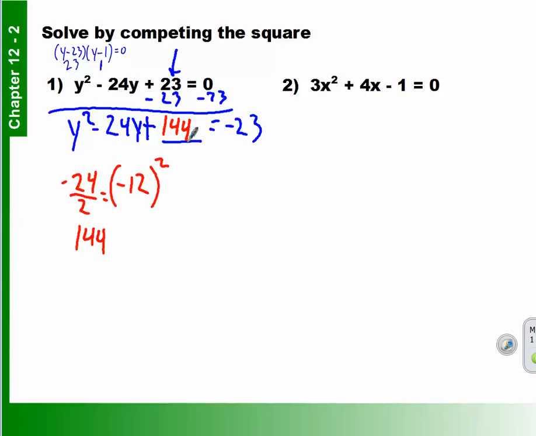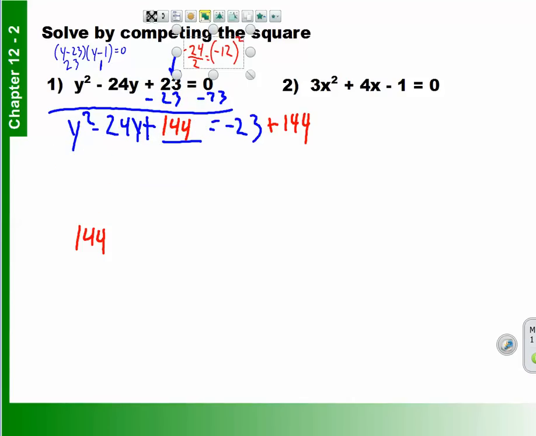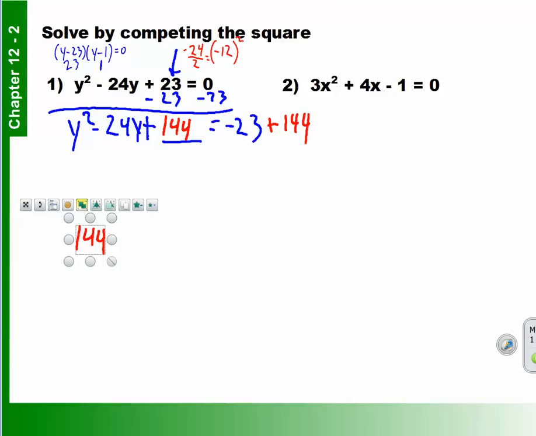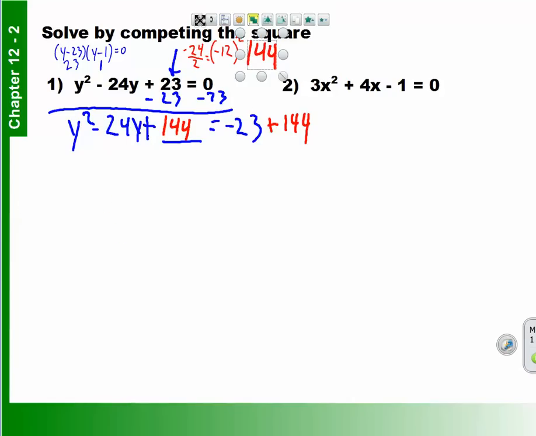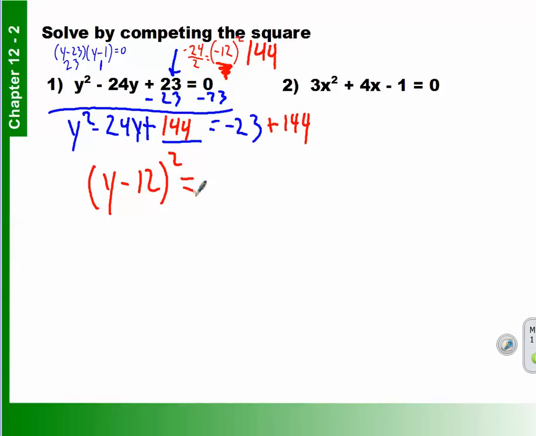But if I add 144 to one side, what must I do to the other? The rules of solving equations don't go away. They remain. So what is this trinomial as a square binomial? How would I go ahead and factor that? Y minus 12 squared. Oh, look. That came right there, didn't it? Okay. And that's going to equal